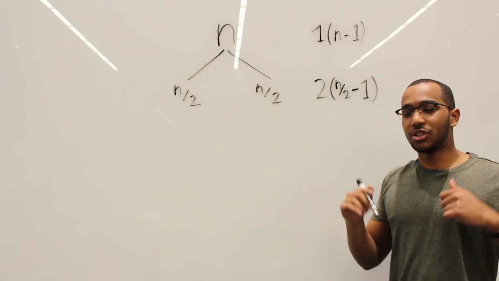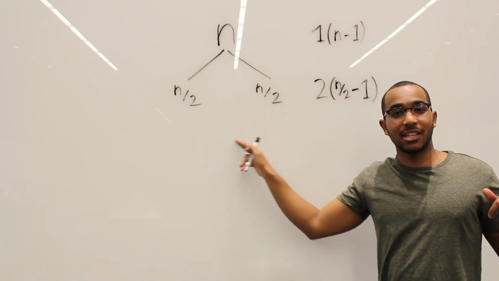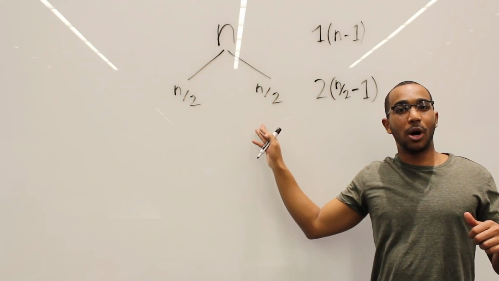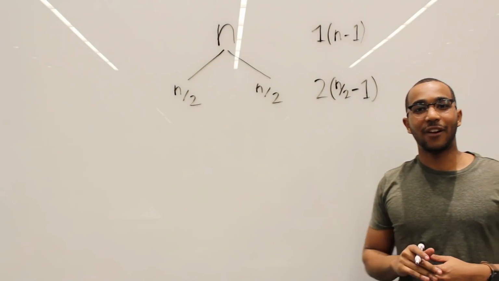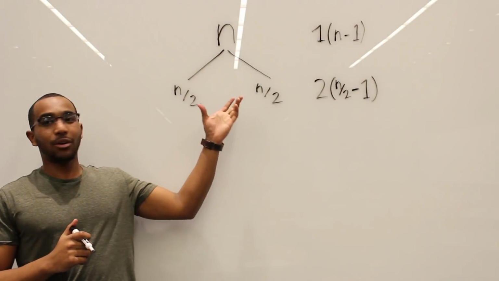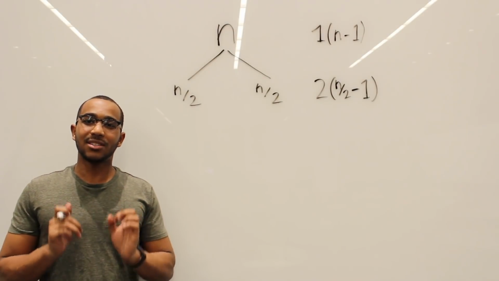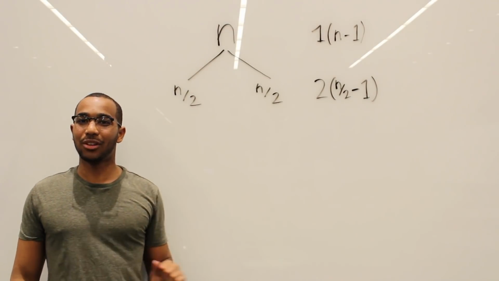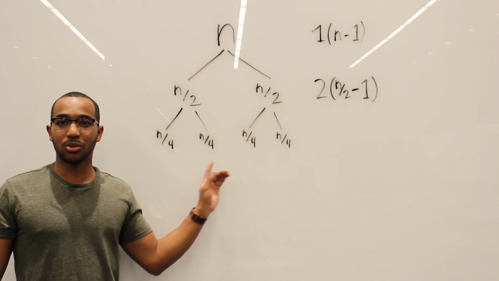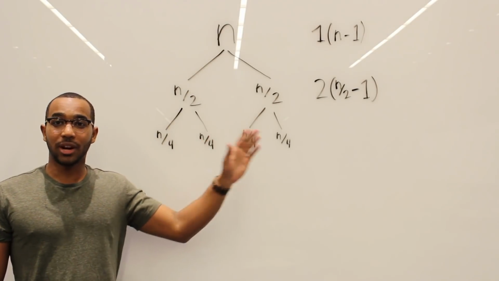Remember, the key here is we need to always keep in mind what n really means. N is not the input size at each call. N is the overarching size of the original list. And these are fractional components, and therefore the work is going to be a fractional component there as well. So let me shift over to that side. Okay, so you now see this is what happens. And why don't we split it down another level and see what the amount of work in that level is? Okay, we split it another level. And how many subproblems are in this level? Well, we're going to have 4 subproblems, and we can write the 4 right now.